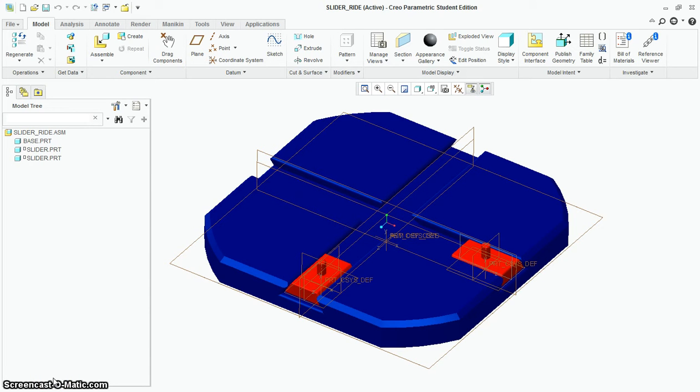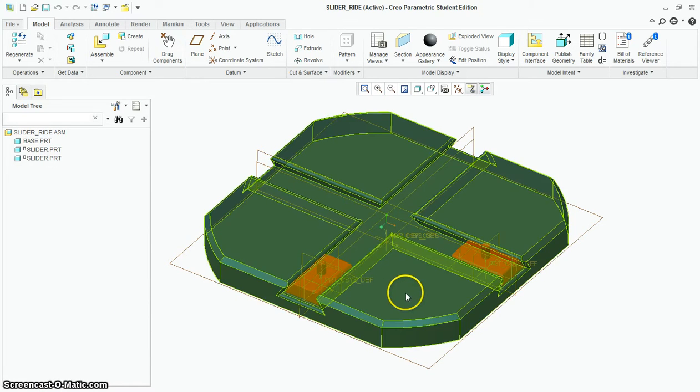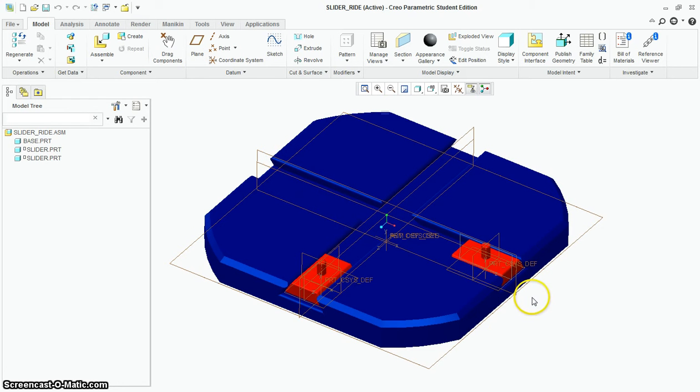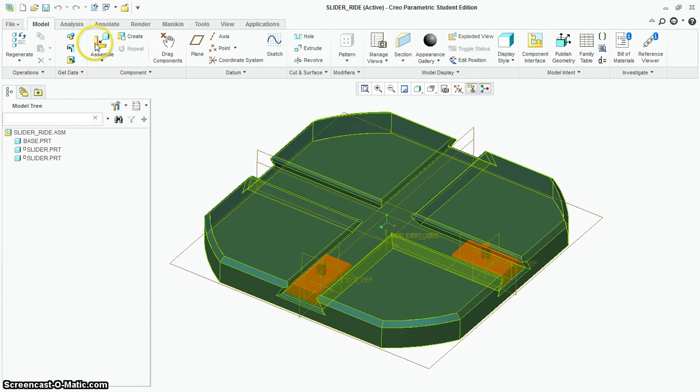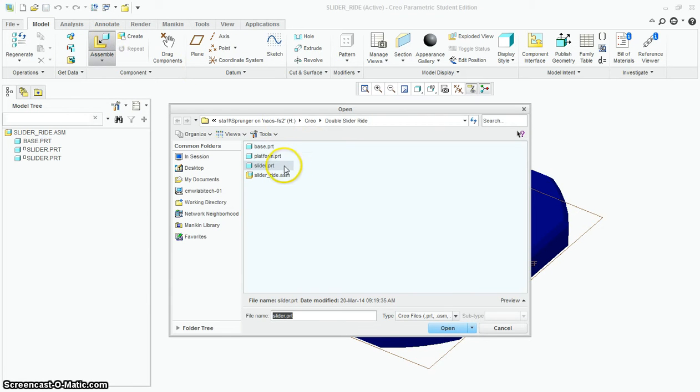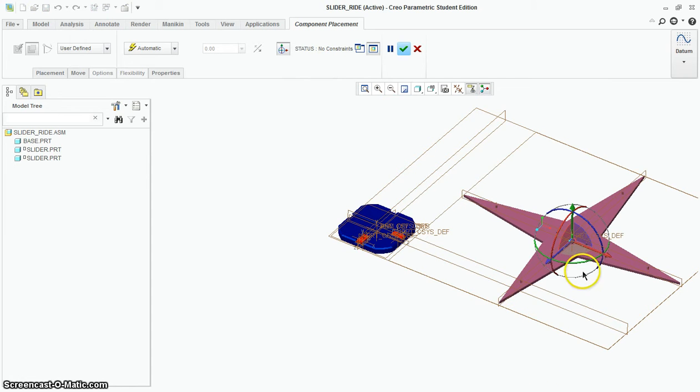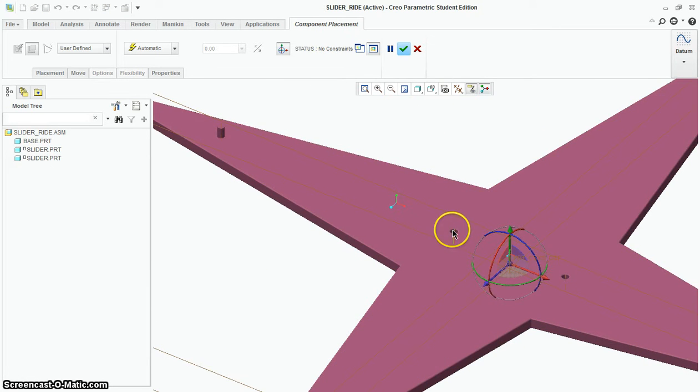Okay, in this tutorial we're going to put the platform on top of the sliders, and there's a very specific way we have to do this. You can't just do a traditional assembly. So we're in our assembly, we've got the base on here, we've got the sliders on here. We're going to click assemble and find the platform part that we made. Click open, you can see it comes in here, and we've got the holes that are going to go on